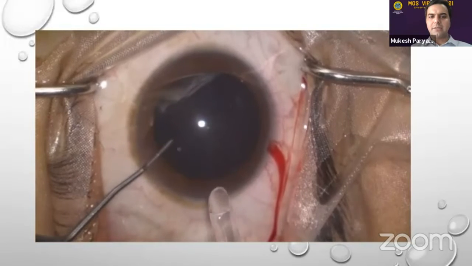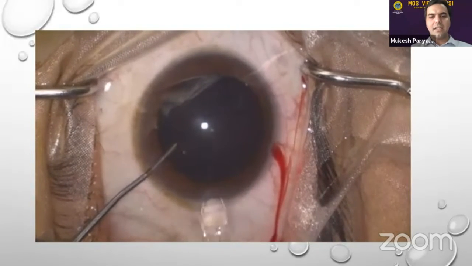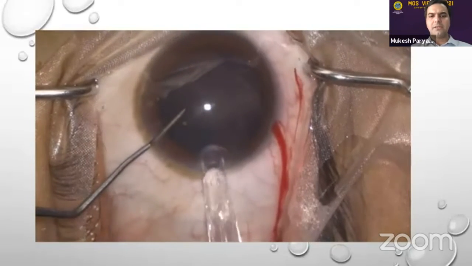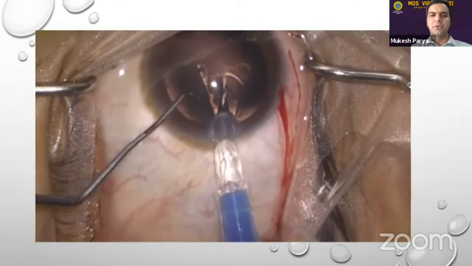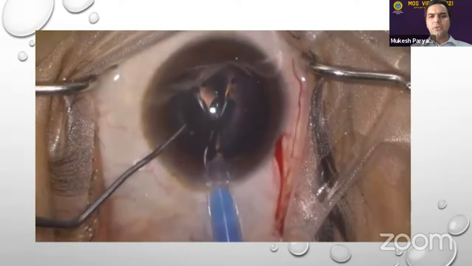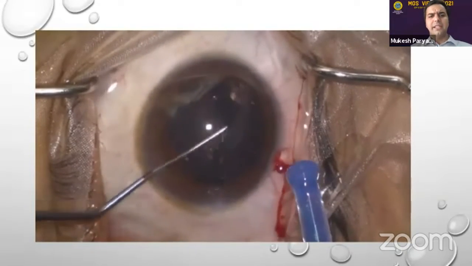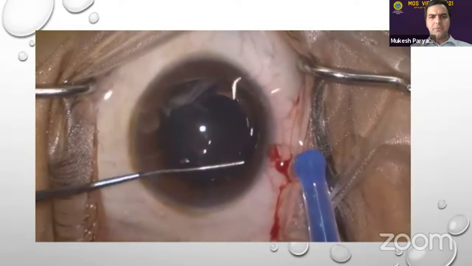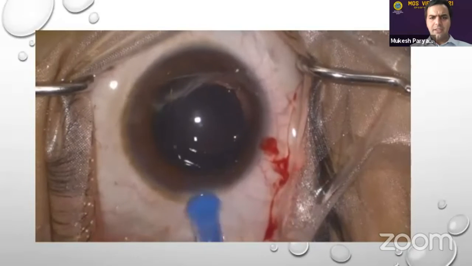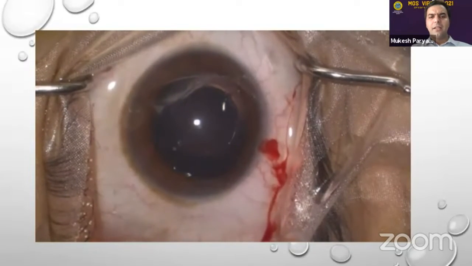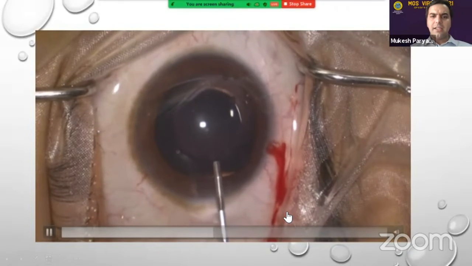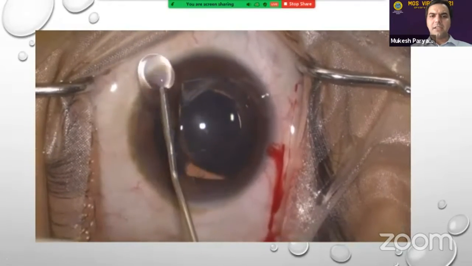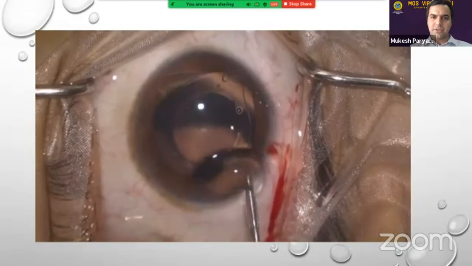The Vukix manipulator stands as a guard, and I told you why it helps: if in case things go to the other side, it helps you. The IOL goes in really well, no problem, and it helps us to settle it up a little bit. So even this is fairly easy to insert, and then the haptics are tucked in a routine fashion.